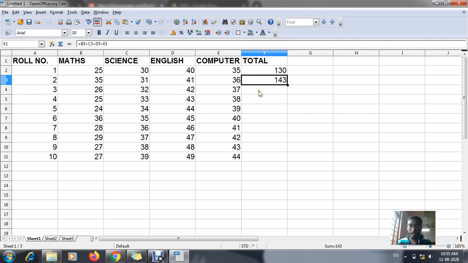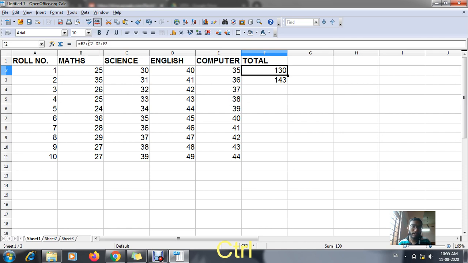So what I will be doing is this for one cell. I have already done it for two cells, the first and second cell. Now for the third and fourth cell, I will select one cell in which the formula has been inserted. After clicking on an empty cell, you can see no formula is shown. But if I click on 143 or 130, you can see the formula is there in the formula bar.